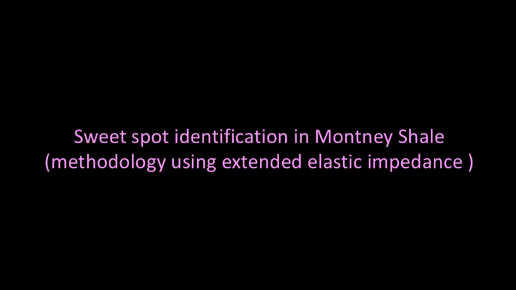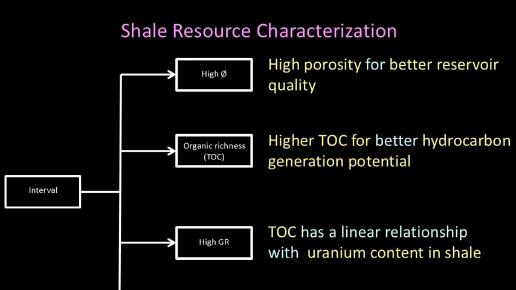So this was this small bit about enhancing the bandwidth of your data before you run these kinds of attributes. Here's another one from the Montney shale methodology where we used extended elastic impedance. I'm sure you're all familiar with it. Elastic impedance is angle dependent impedance, because the normal acoustic impedance is only at a zero offset trace. When you extend that to angle dependent, we talk about elastic impedance, and then you can extend that further, and that is what we refer to as extended elastic impedance. So I'll come to that in a moment.